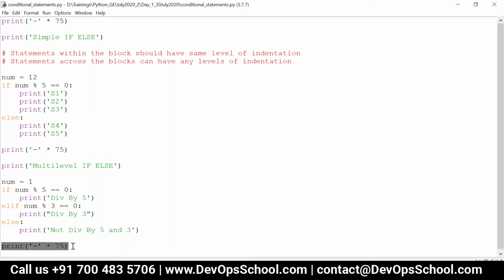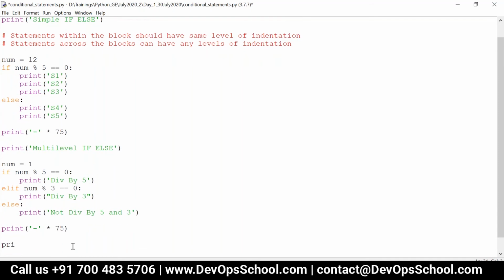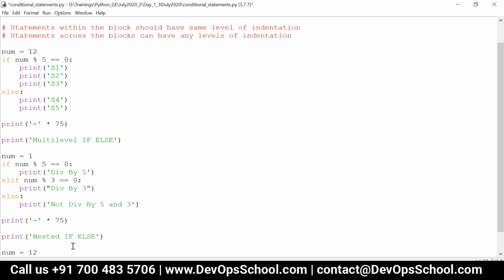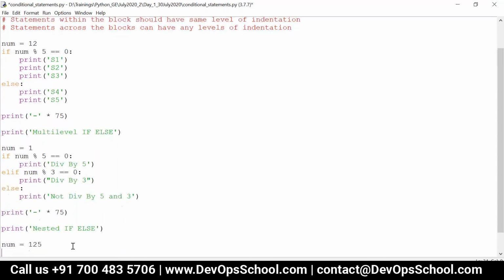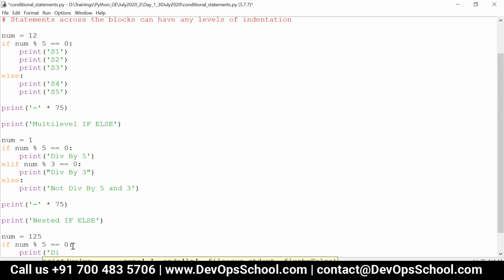And then I can write nested if else. So what do you mean by nested? Nested means one within another. When you write this kind of block, you should be very, very careful with the indentation. I can say num is equal to 125. Now I am writing if num % 5 == 0, print divisible by 5. Let me have 120.